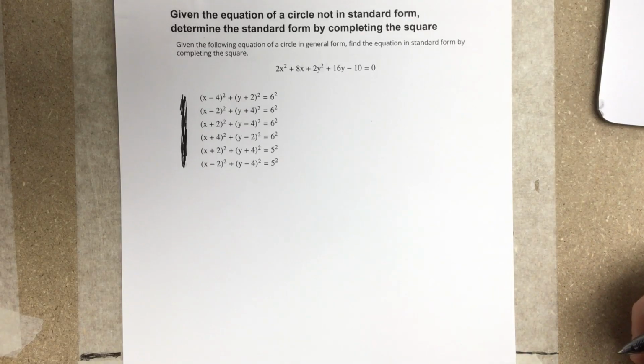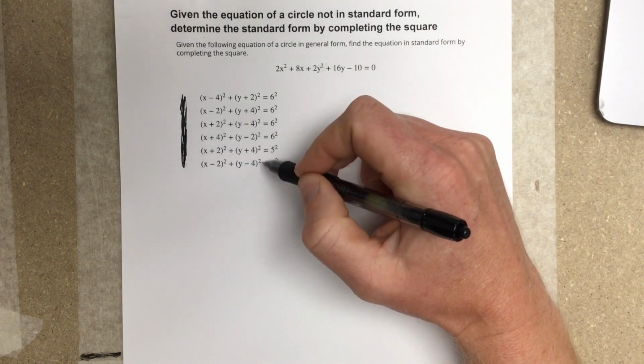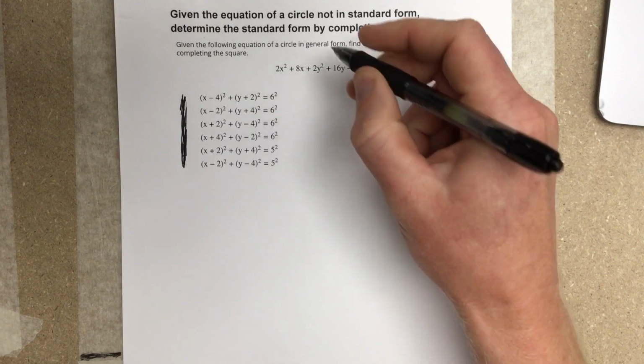In this video, we're going to look at circles, and it says, given the equation of a circle not in standard form, determine the standard form by completing the square. So we need to write down what the standard form for a circle is. And you can kind of see the standard form here from these options, but the standard form would be